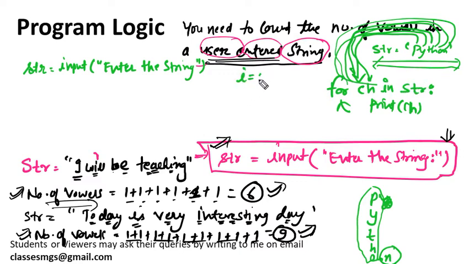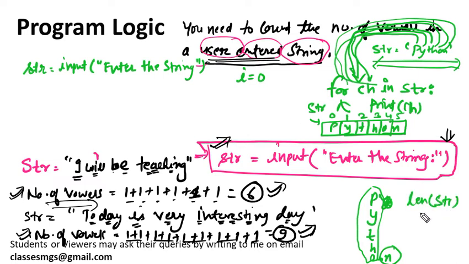Let's suppose you want to use the while loop, then you need to know how to access the string. It basically looks like this in memory: p y t h o n, with indexes 0 to 5. You should know the string very well, otherwise you will not be able to solve this problem. So if you want to use the while loop, you need to find the length of the string, and you can find it using the len function. Len of string will return the length of the string. This is the simplest way to traverse or print each character of the string.